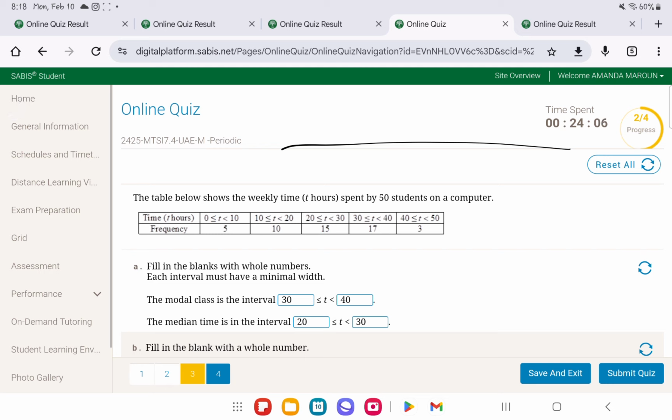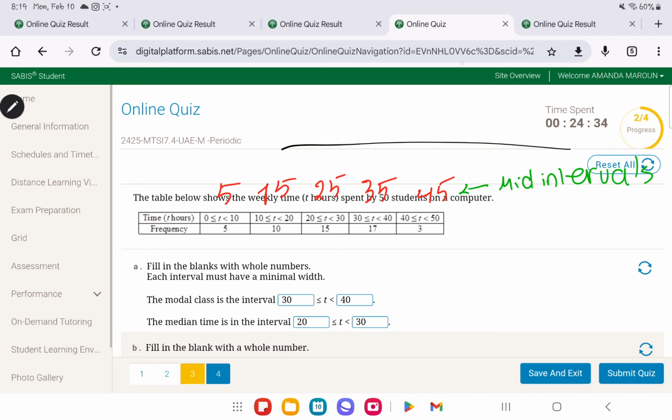How do we find the mid-interval? Very simply, you add them both together and you divide it by 2. So 10 plus 0 divided by 2, 5. 20 plus 10 divided by 2, 15. 30 plus 20 divided by 2, 25. 40 plus 30 divided by 2, 35. 50 plus 40 divided by 2, 45. And this is very simply the mid-intervals. Please remember to find this when you are finding